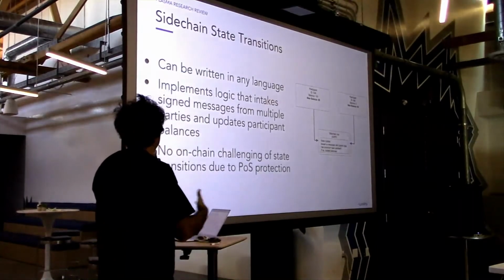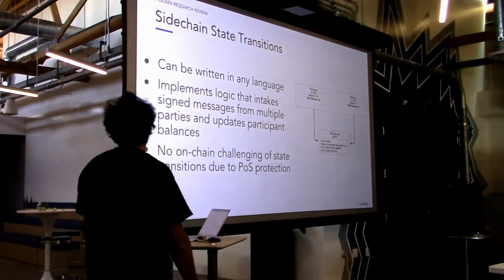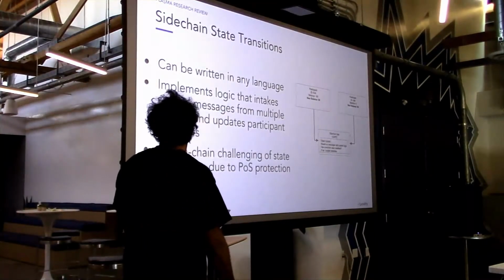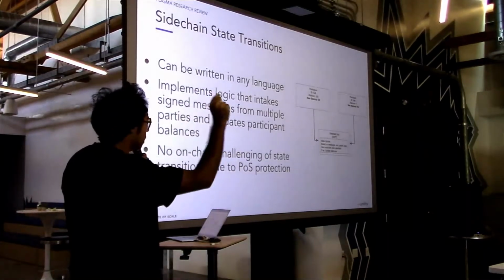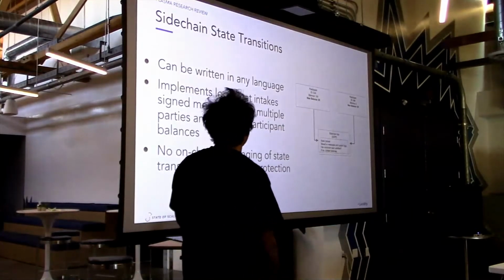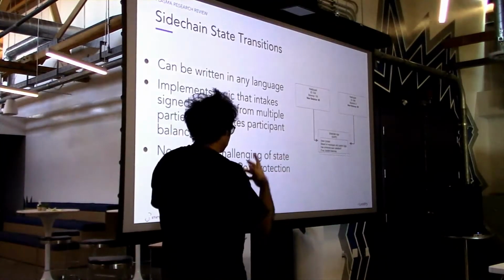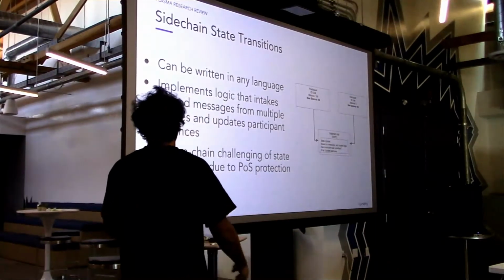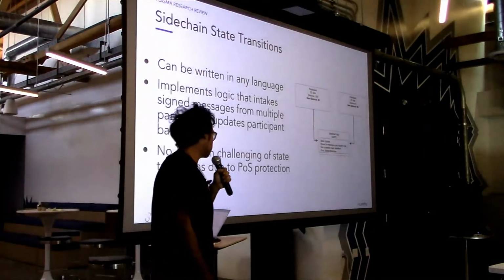So the idea is that we're trying to create a framework for generalized state transitions that basically update balances. So that logic can be incorporated in any language, in any sidechain mechanism. It implements the logic that inputs signed messages from multiple events and updates the balances. So we have a sidechain app, SAP or something. But basically, you could write your own app based on messages and put in some logic, with a certain constraint to satisfy. If so, you update the balances, and it can be any state, any code.